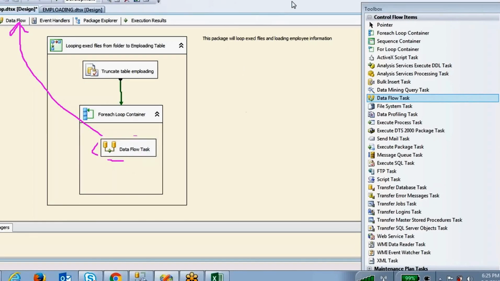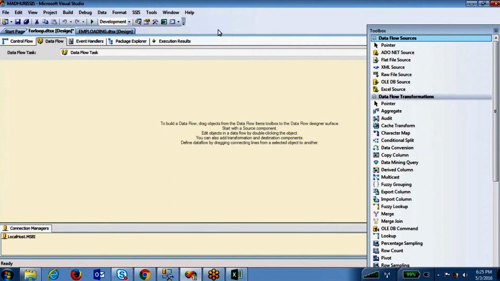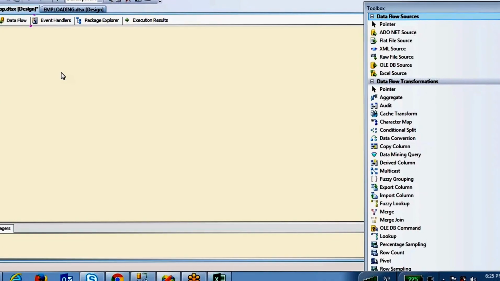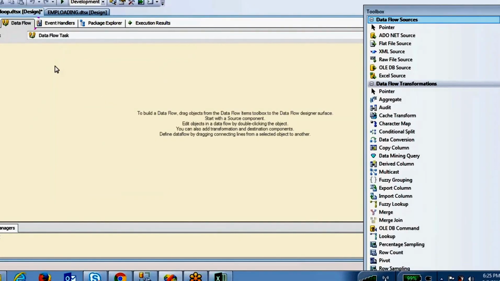See here, if I click on this data flow task or right-click edit, it jumps into the data flow. To come to the data flow, you have to take one data flow task in the control flow.